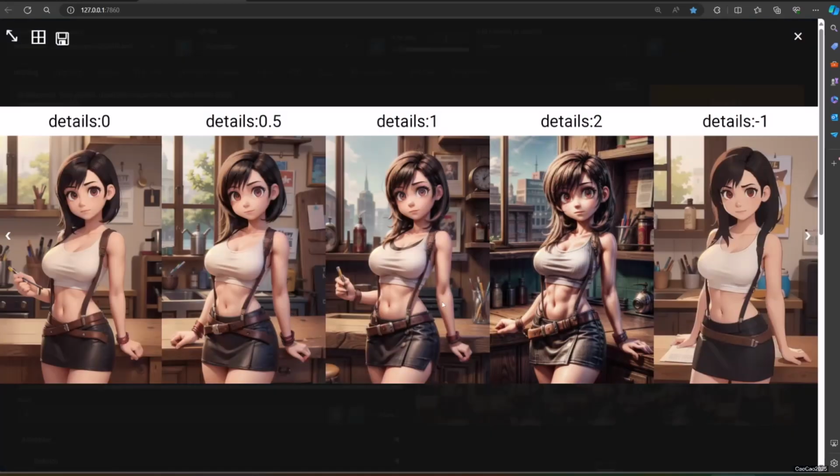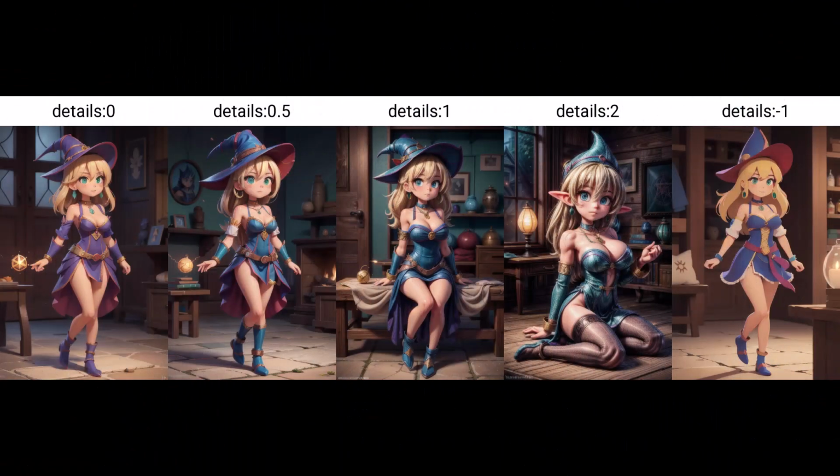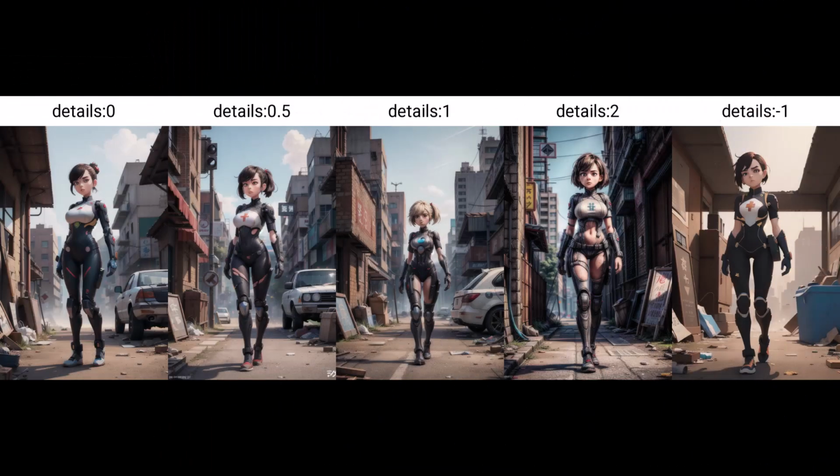The final thing I'm going to say is that this LoRA is really great, and I actually like the -1 LoRA. It makes my picture more simple and more clean, so reducing detail is also great here.